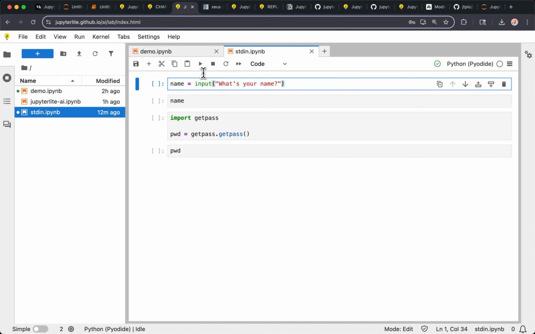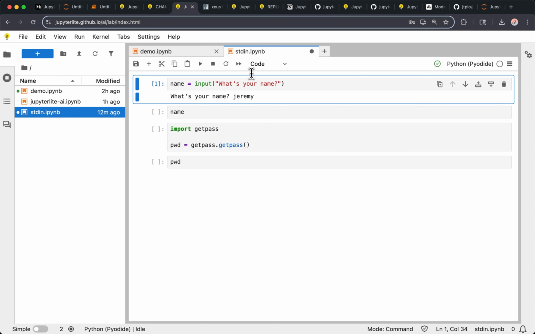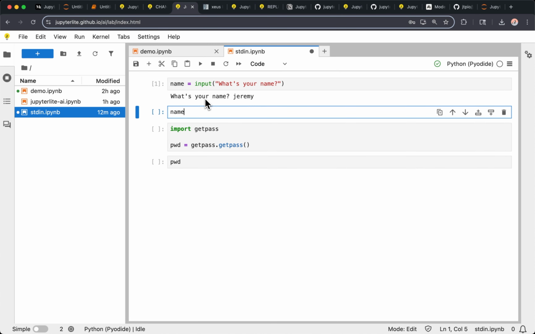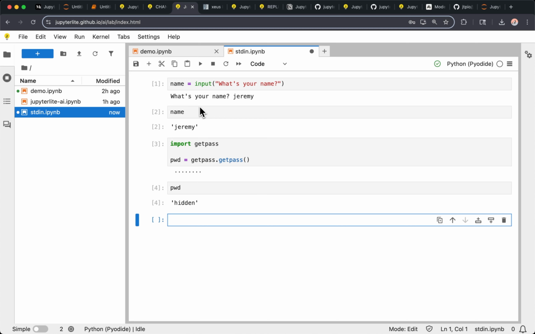It was not available in Jupyter Lite up until now. But in the next version, 0.6, it's now possible to do something like this. The cell stops when there is the input prompt, and then I can continue executing the other cells. It also works with the getpass module. So if I write hidden, and then it's here.